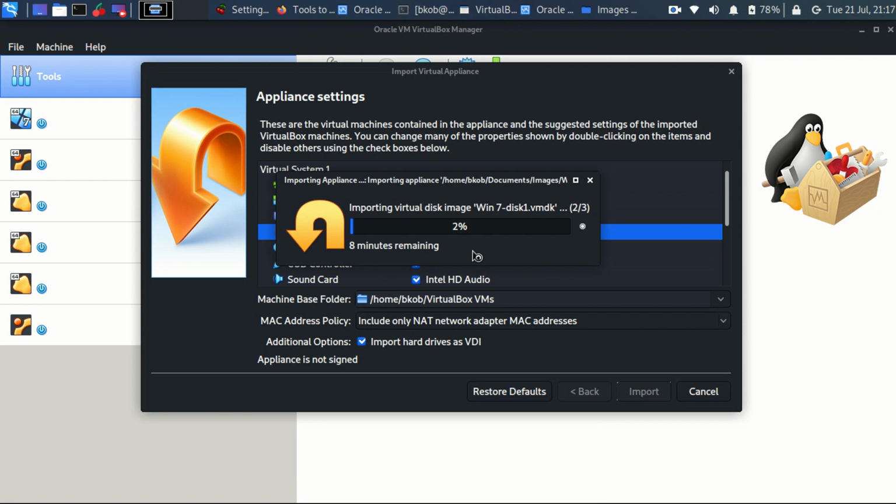So you just need to wait for another 5 to 6 minutes, max 10 minutes, and it will do the job. Since it will consume a bit of time, let me pause the video and I'll resume once the importing is completely done, guys.